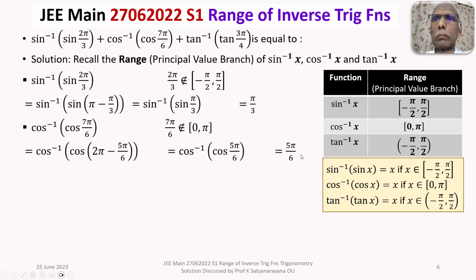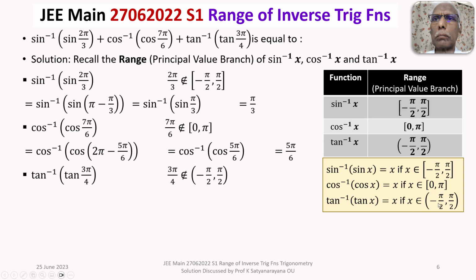So, what are we doing? We are trying to bring this cos inverse of cos of some angle, so that the angle belongs to the principal branch, and thereby cos inverse of cos of x will be x when x belongs to the principal value branch that we are applying. Agreed. Now, let's get into tan inverse of tan of 3 pi by 4,